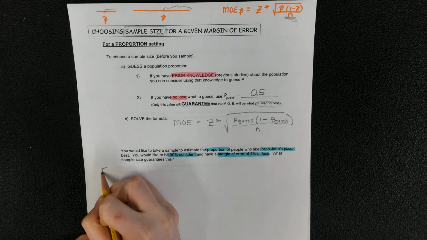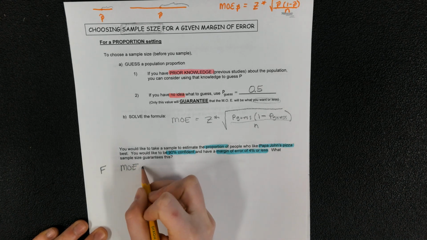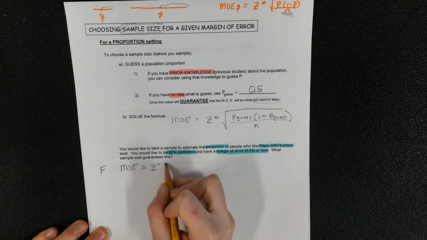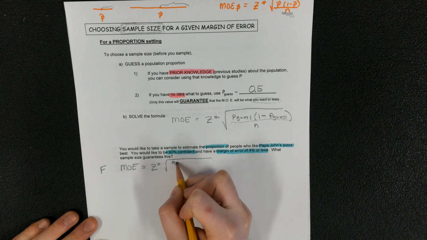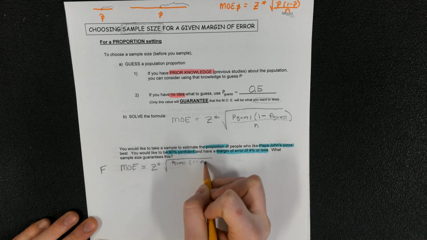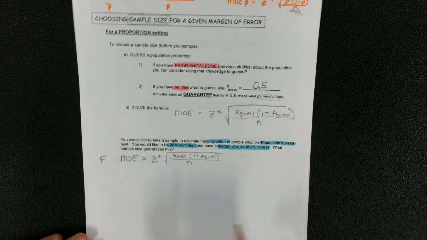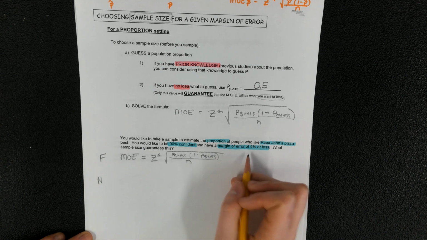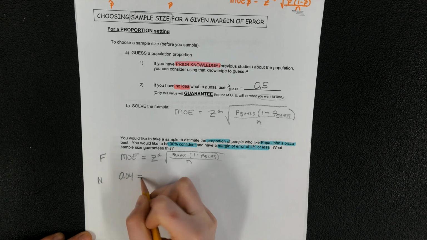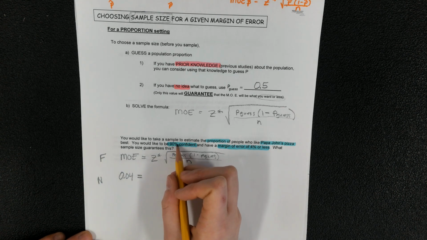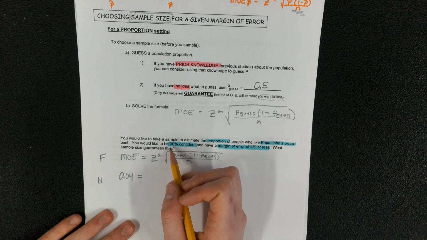So again, we always want to start with our formula. My formula here is margin of error equals z-star times the square root of p guess times 1 minus p guess over n. Now we're going to plug in some numbers that we want. We want it to be 4% or less, so I'm going to put 4% here for margin of error. It says 90% confident. When you think of 90% confident, we've done this quite a few times previously in our notes. Our z-star that's going to show up